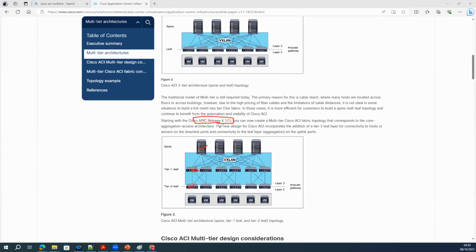Does the connectivity to the tier 2 go through the FEX, or will it be direct? It will be direct, not a FEX. It's direct connectivity. And these are the Nexus 9300, not the FEX. If you're using legacy switches, in that case you require that. No, it's not like that. In this use case, these devices will also be using the ACI image. If you're connecting non-ACI devices, then you require the FEX. The FEX requirement is something else.